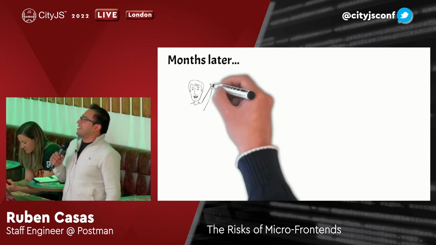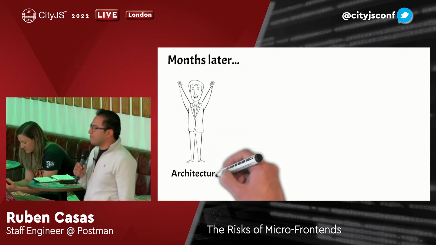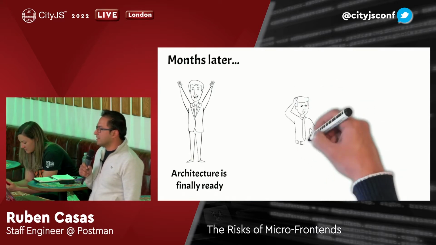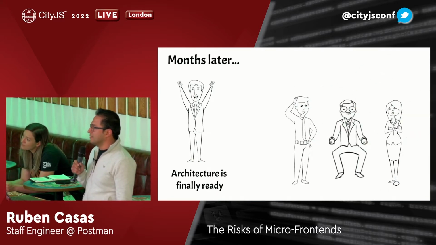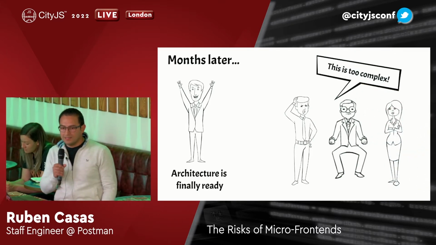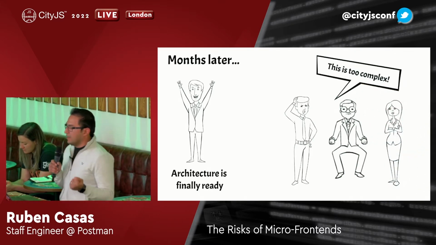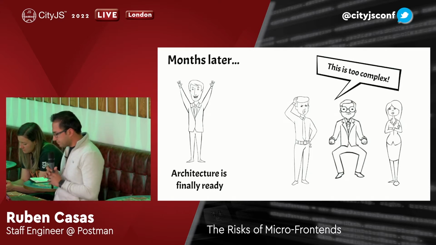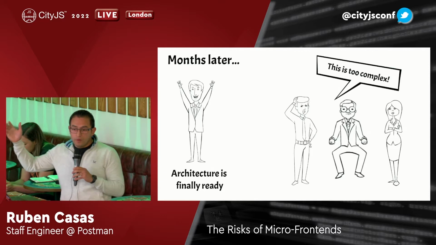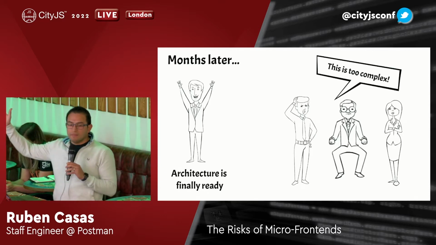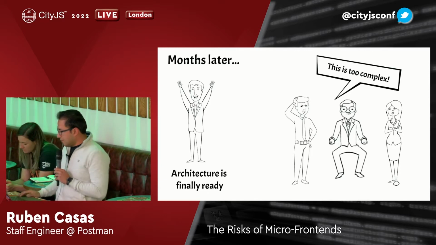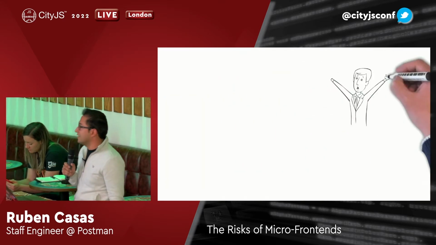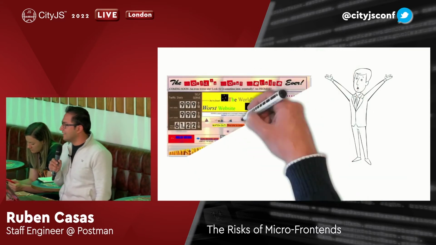Later, after a lot of work, finally, he was ready to present this architecture. But there was a problem. People started complaining and saying, listen, this sounds really, really complex. I can't understand what you're trying to do. And he had a lot of pushback from the other people in the company. But then, good news for Bob, he managed to deploy that implementation to production, but then he started to have more and more problems. The first and biggest problem of all is his website started looking like this.